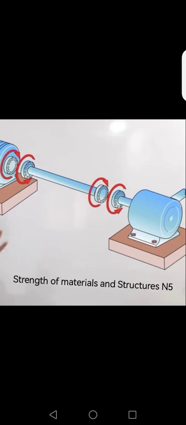Today we will be checking the stress limits in shaft design. Under stress limits we have the shear stress limit and the angle of twist limit. We're still going to use the same formula that we learned yesterday, the simple torque equation, and then